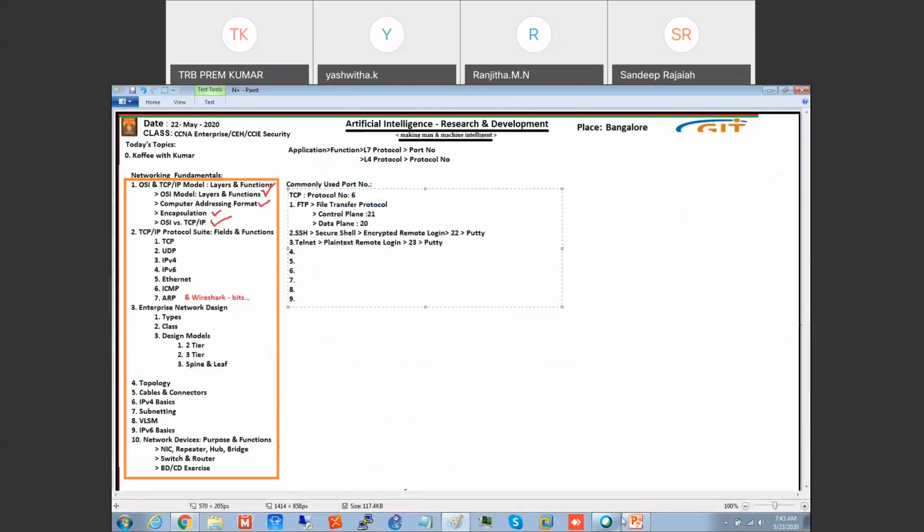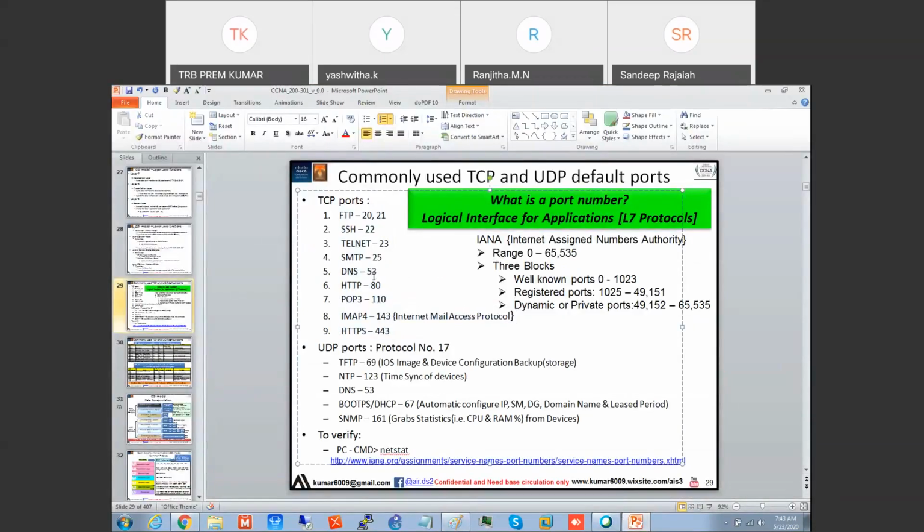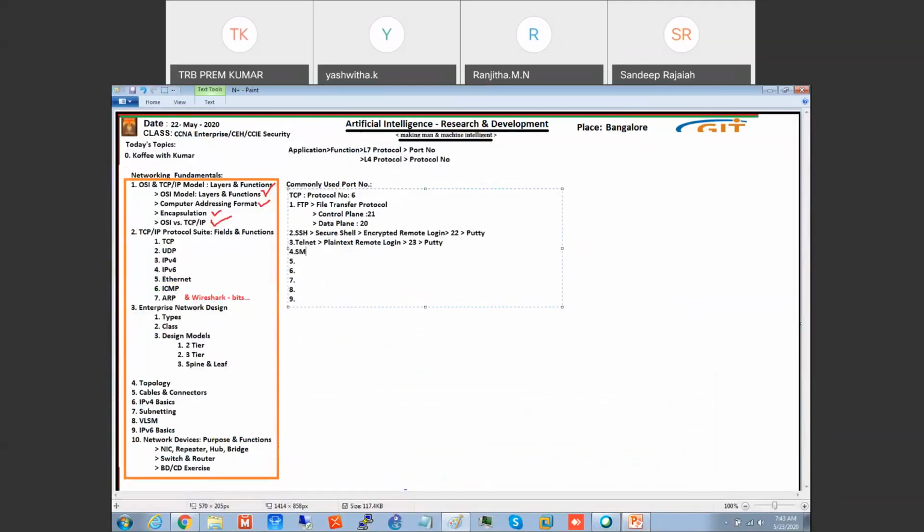Then we'll see SMTP. SMTP means Simple Mail Transfer Protocol. In this protocol, the function is to send and receive mail.